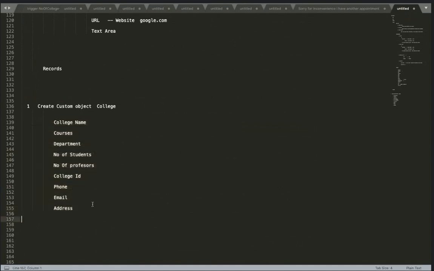The college established date, when it was established, right? Fee. Then timings. When is the college starting, and what is the start time?